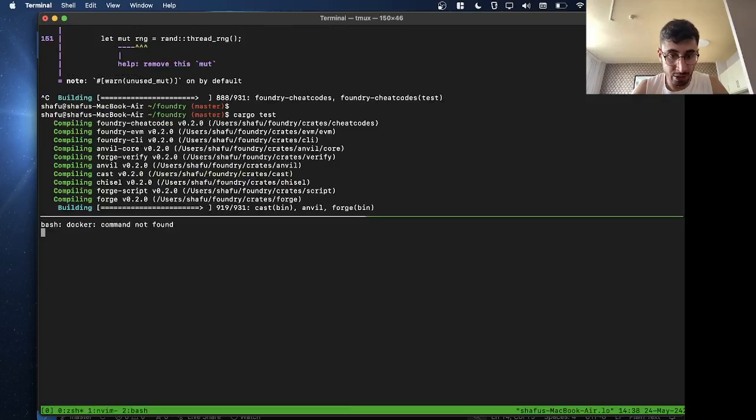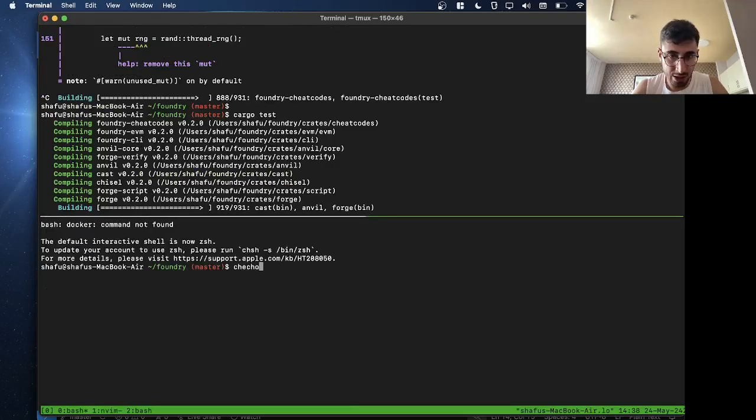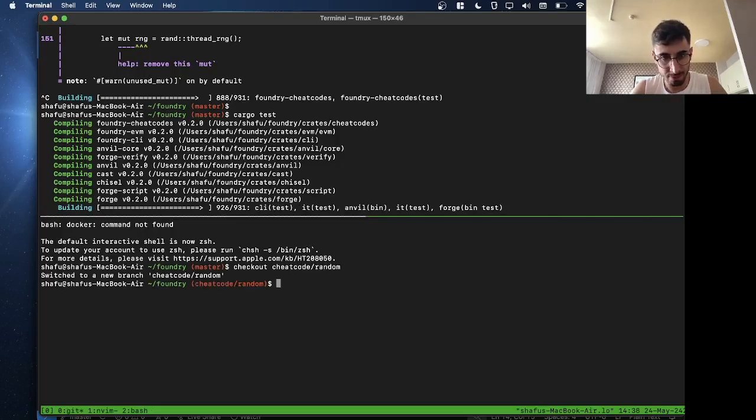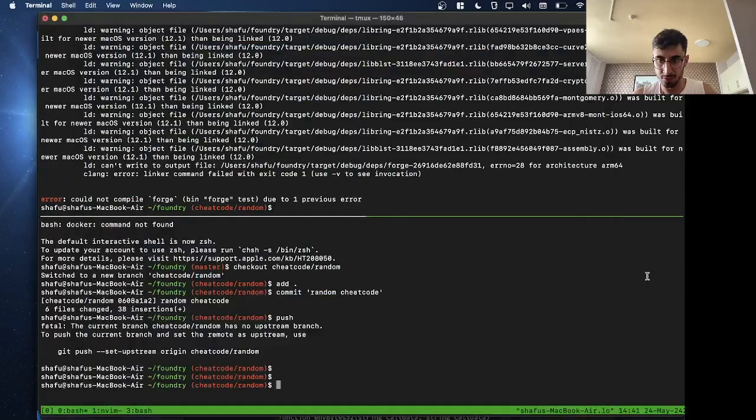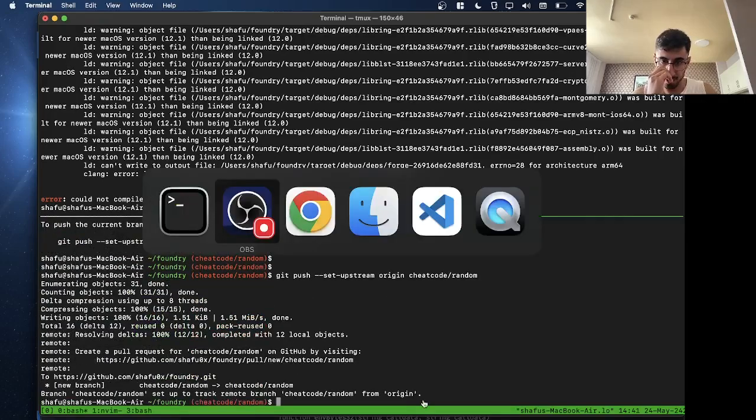Okay, so we're gonna do checkout feature, cheat, let's call it cheatcode random. Add, commit, random cheatcode. Okay, so we're gonna push this. Okay,